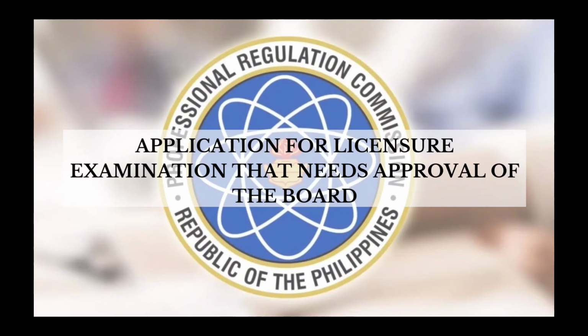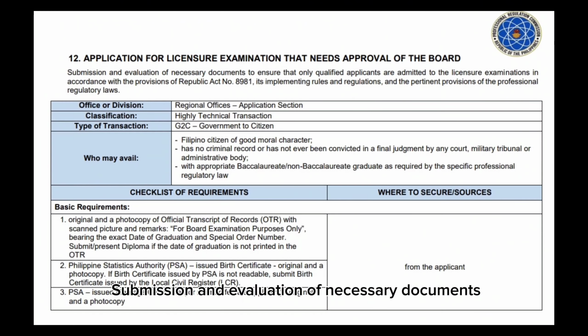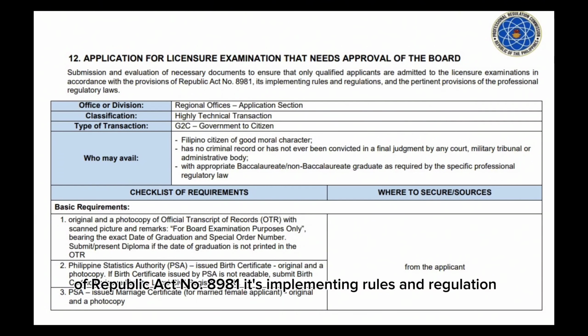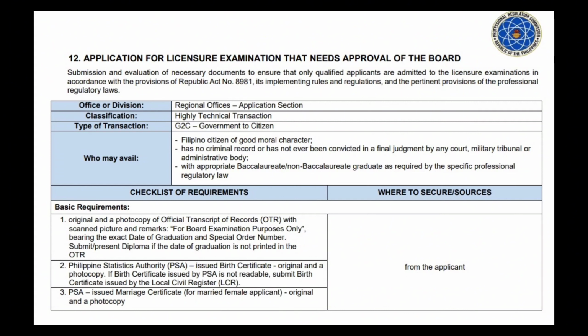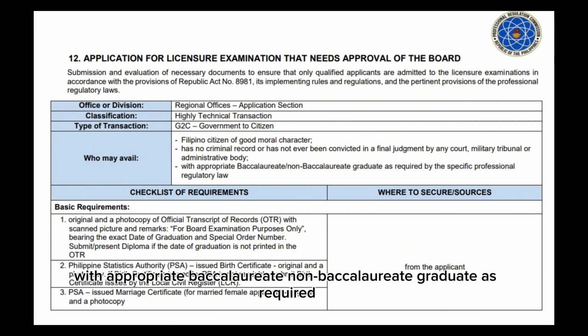Application for licensure examination that needs approval of the board. Submission and evaluation of necessary documents to ensure that only qualified applicants are admitted to the licensure examinations. In accordance with the provisions of Republic Act No. 8981, its implementing rules and regulations, and the pertinent provisions of the professional regulatory laws. Who may avail: Filipino citizen of good moral character, has no criminal record or has not ever been convicted in a final judgment by any court, military tribunal or administrative body, with appropriate baccalaureate, non-baccalaureate graduate as required by the